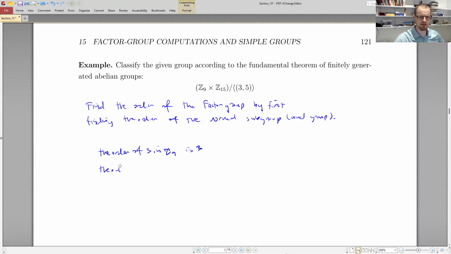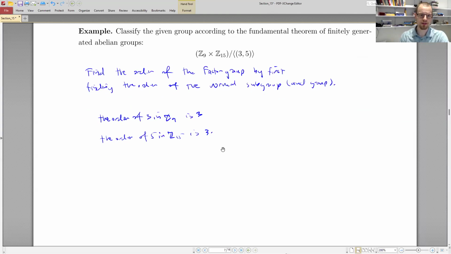The order of 5 in Z15 is also 3. Certainly they can be the same thing, though they don't have to be. The order of the element (3, 5), or the order of this subgroup, either way you say that is absolutely fine. The order of this in